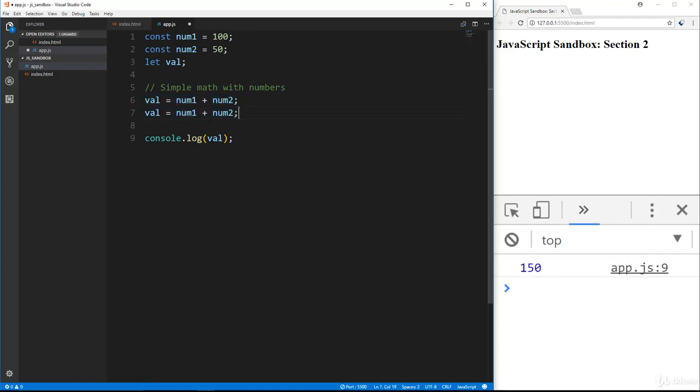All right, so in addition to addition, of course, we can do, let's say, multiplication. Save that, we get 5,000. Let's do subtraction, we get 50. Let's do division, we get 2, and let's do the modulus operator, which will basically give us what's left over as a remainder. So if we save that, we get 0. If I were to change this to, let's say, 60 and save, we're going to get 40. I don't actually use this modulus that much, but those are the basic